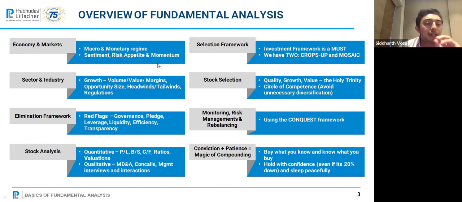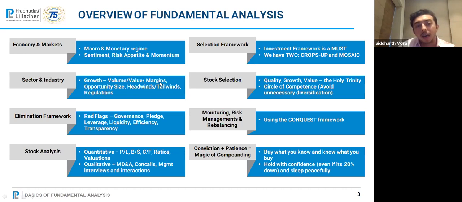And the last factor that I need to understand is momentum. Among the different asset classes, where is the momentum? If you saw, from January to March, there was momentum in gold. After April, we saw equities are in momentum. So sticking to the asset class with momentum is very, very important.